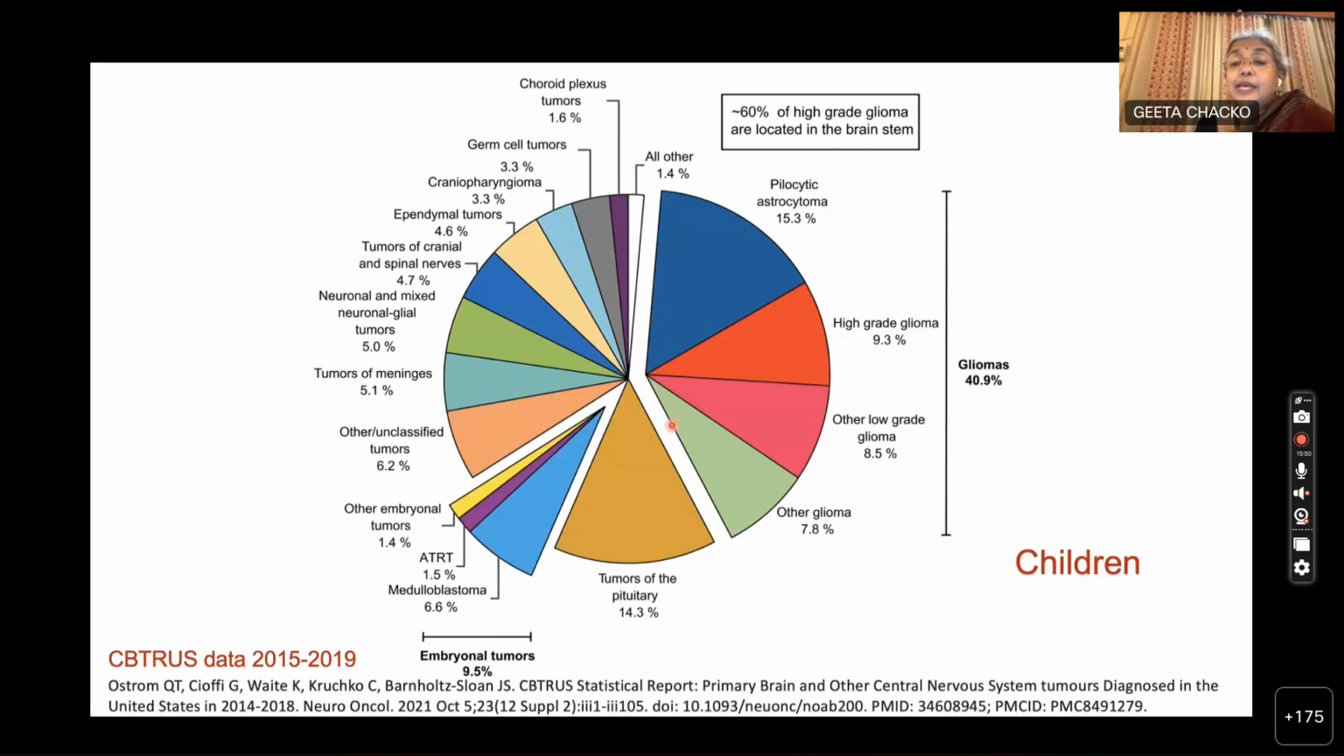Now, just to get a sense of which tumors are most common, I've used the CBTRUS data, which is the US data. You can see this is a spectrum in children, and 40% of tumors in children, remember we said they're the most frequent tumor that you encounter in a child, 40% of them are gliomas. And amongst these gliomas, nearly 15%,